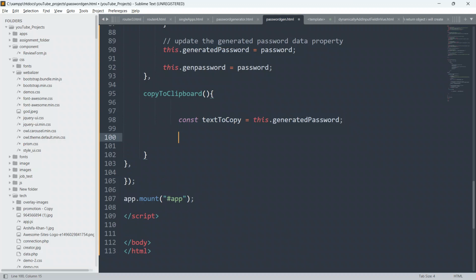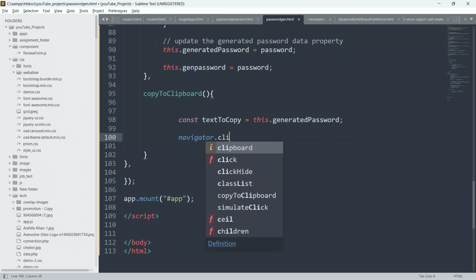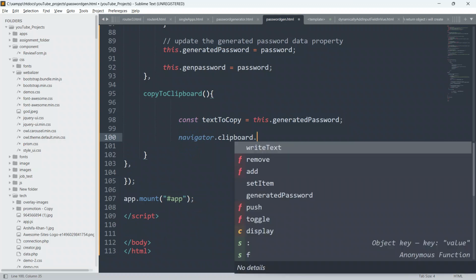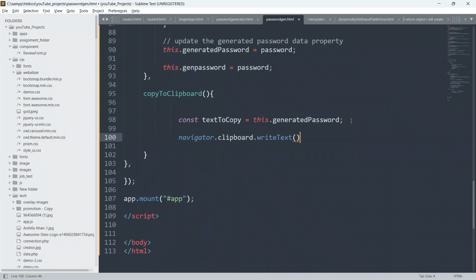I'll say navigator.clipboard.writeText, and I'll pass this textToCopy variable as a parameter to this function.